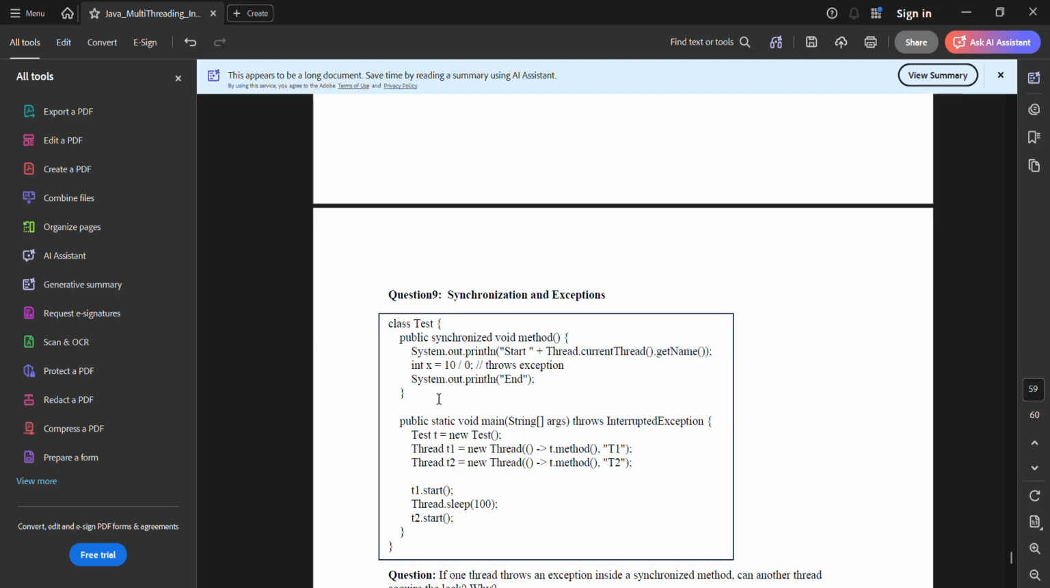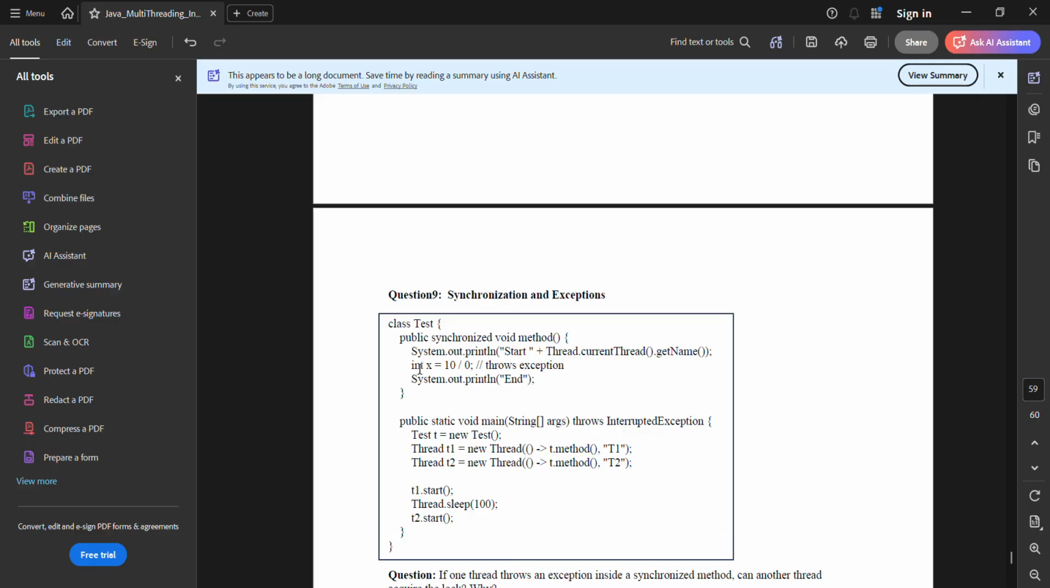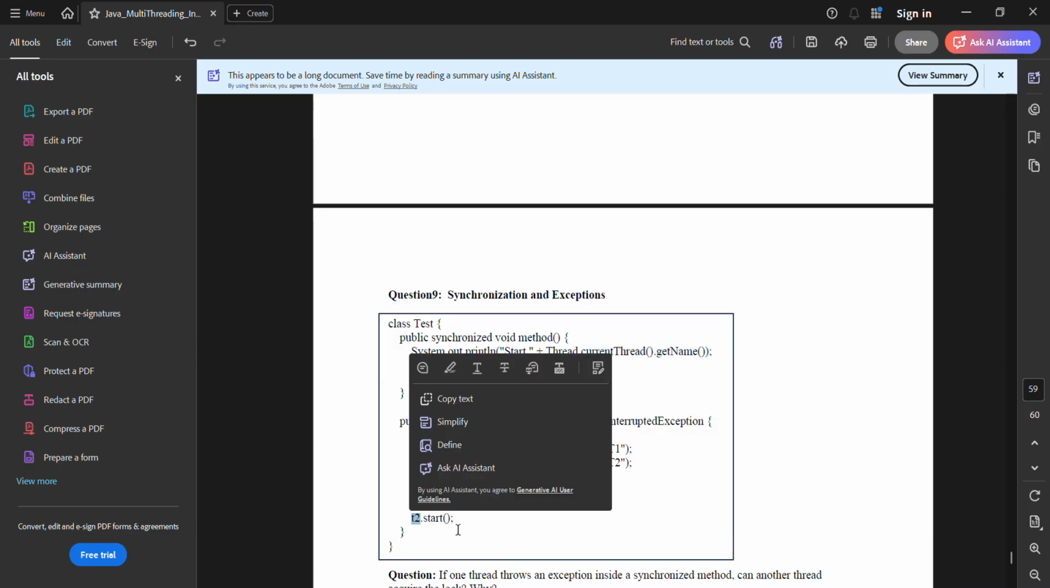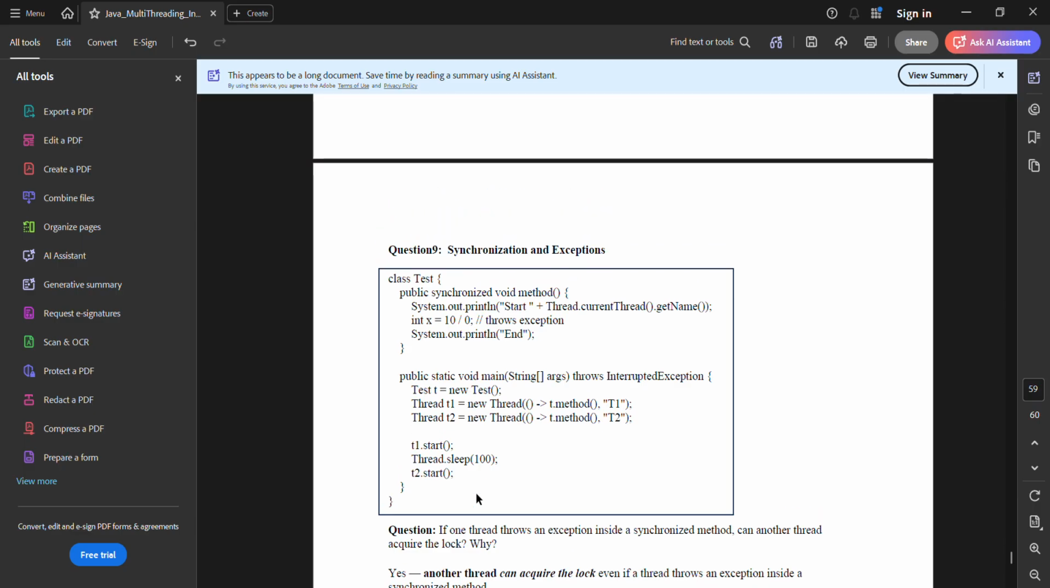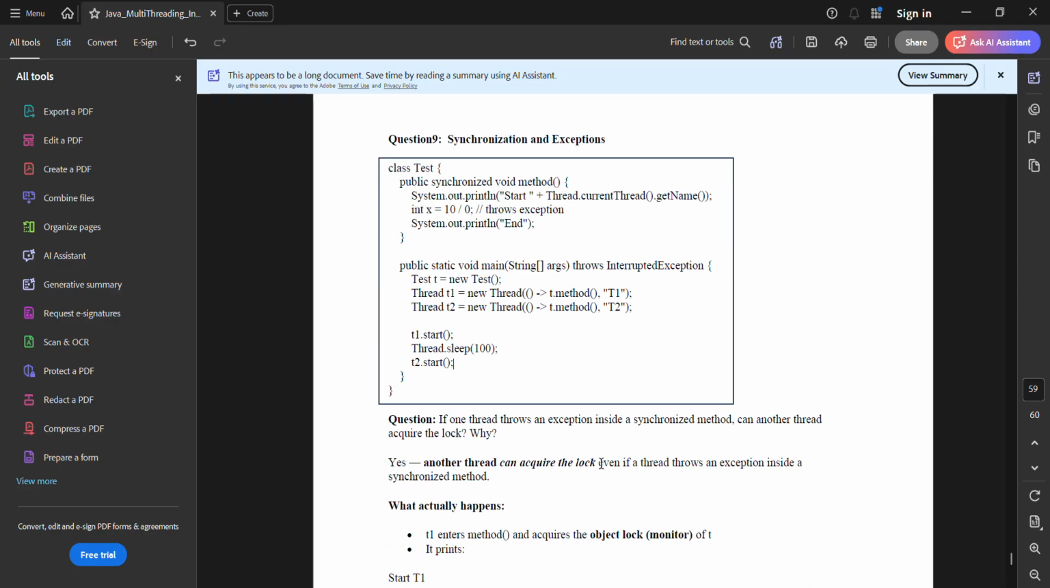Here I have one synchronized method. I have one object that is used by both the threads. Okay. I'm calling the start method. After that I'm waiting for some 100 milliseconds. Again I'm calling the start method. So the second thread I'm starting after waiting for some time. Obviously an error will be thrown here. The question is, will the second thread be executed or not? If one thread throws an exception inside the synchronized method, can another thread acquire the lock? If yes, why? The answer is another thread can acquire the lock even if a thread throws an exception